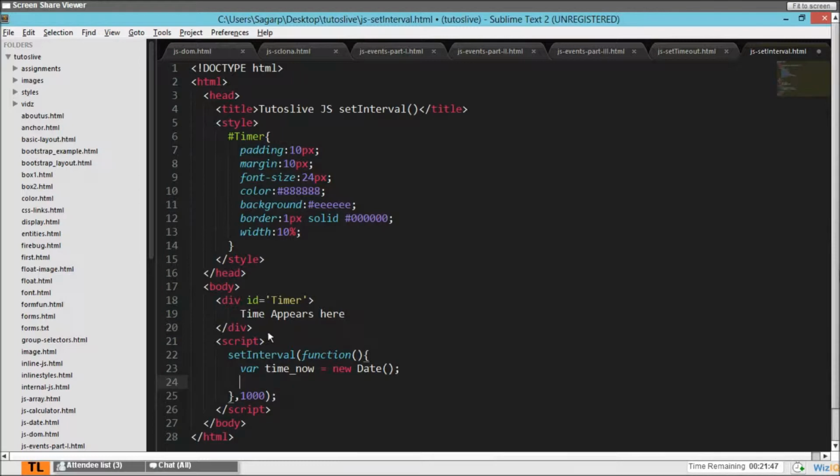Okay, now here new date, right? So here document dot getElementById. So the ID is timer dot innerHTML equal to time_now